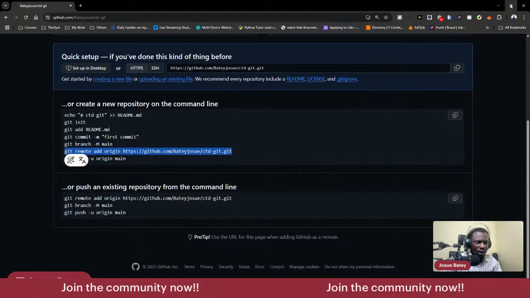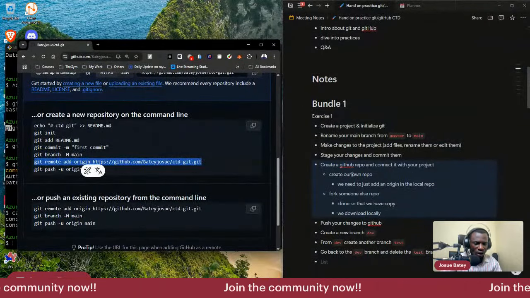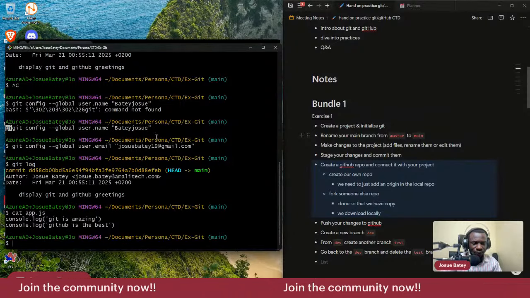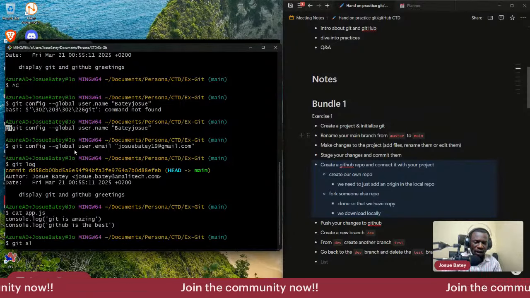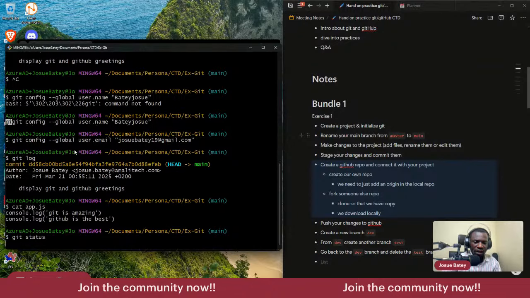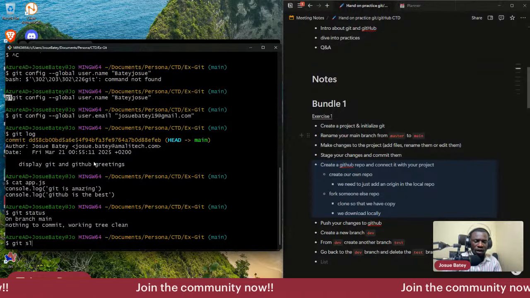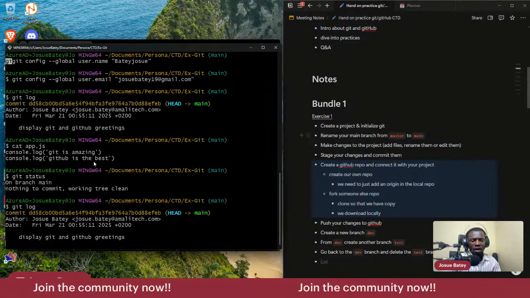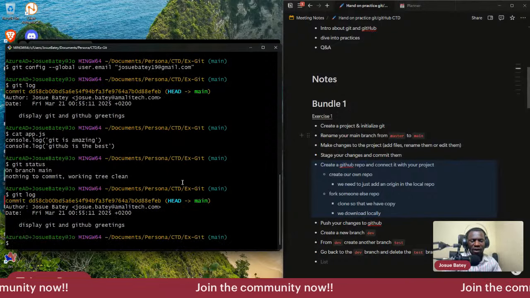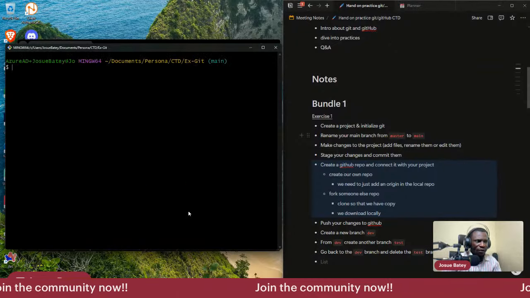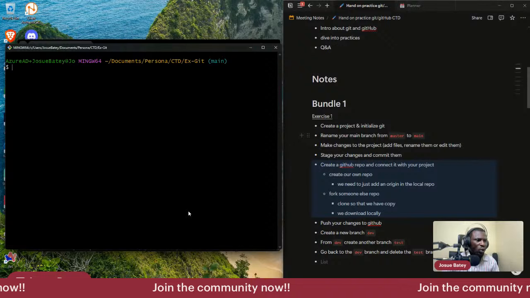Let's go. Let me copy that link. You can also copy it or not. And then we come, let's open here. Let's open this one here. Okay. Let's again check status. Nothing to commit. You see, nothing to commit. Let's say git log. If you want to check if your repo is connected,